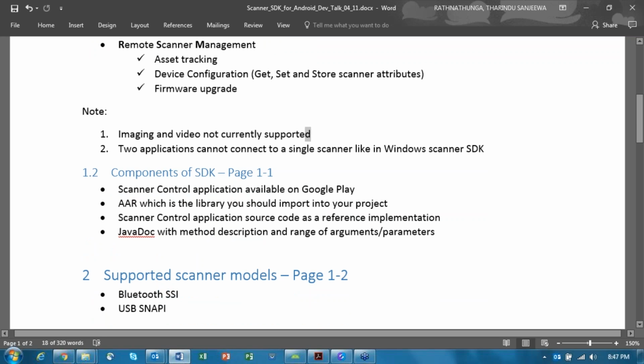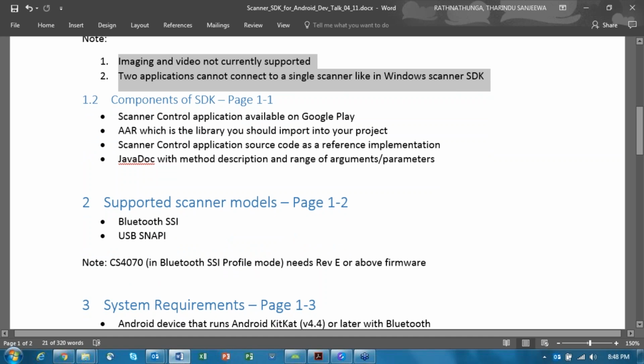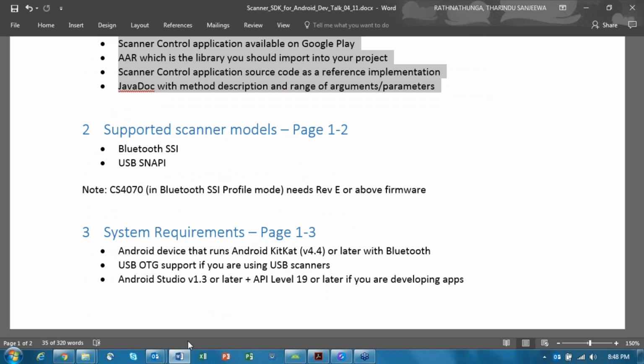If you compare this with the Windows Scanner SDK, the following two things can be noted. We currently don't support imaging and video, and for the moment two applications cannot connect to a single scanner. These are the components I mentioned earlier that are available in our SDK. If you go to the supported scanner list,